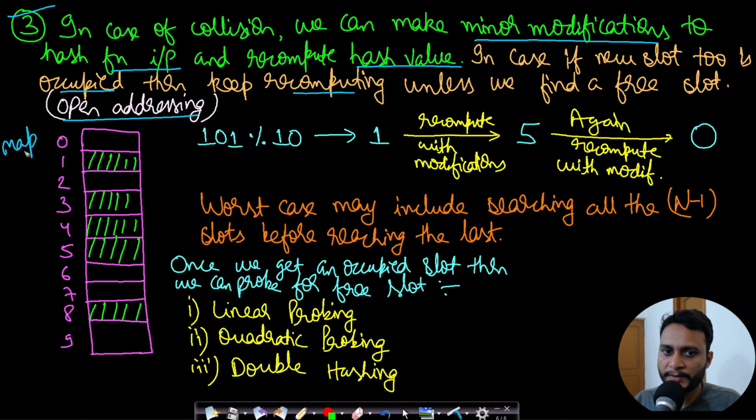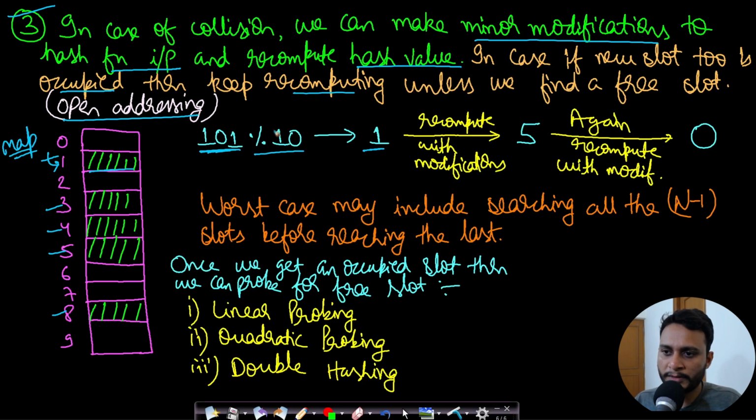Let's take a map, and in this case the map size is 10, from 0 to 9, and the green marked slots are actually filled, right? So slot 1, slot 3, 4 and 5 and this 8 as well, all are filled. All the other spaces are left. Let's say we want to insert this key 101. So this element 101 is given to our hash function, which is mod 10, and the key value is 1. So we will go to key 1 and see if it is empty. Now key 1 is not empty, it is filled, right? So we cannot insert this element 101 at key 1.